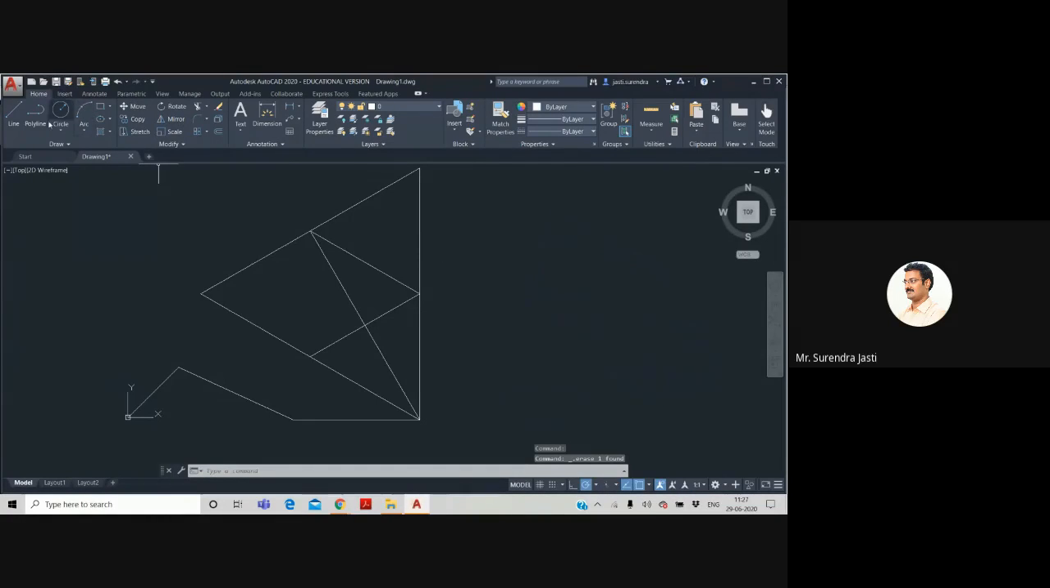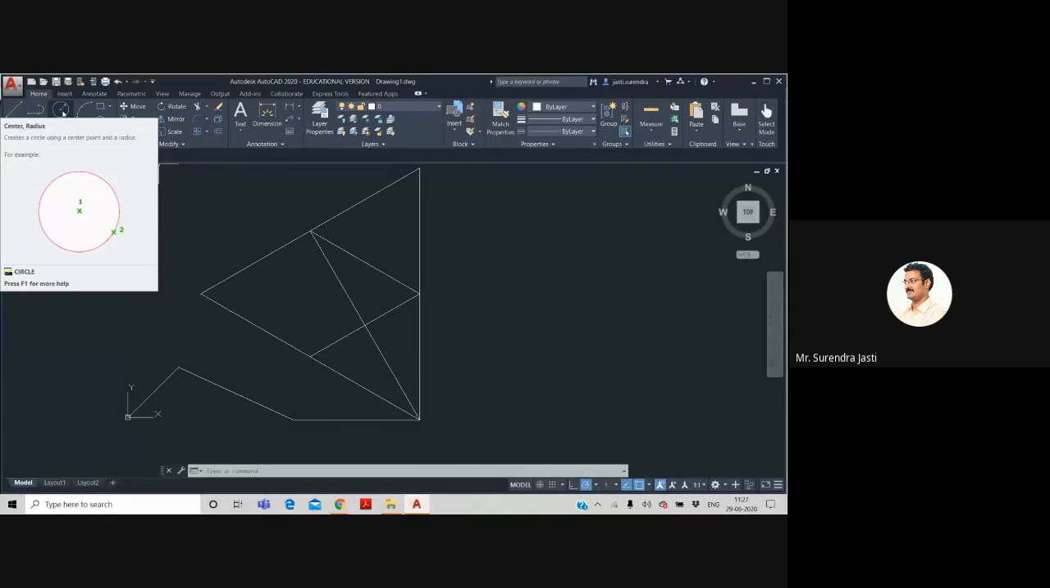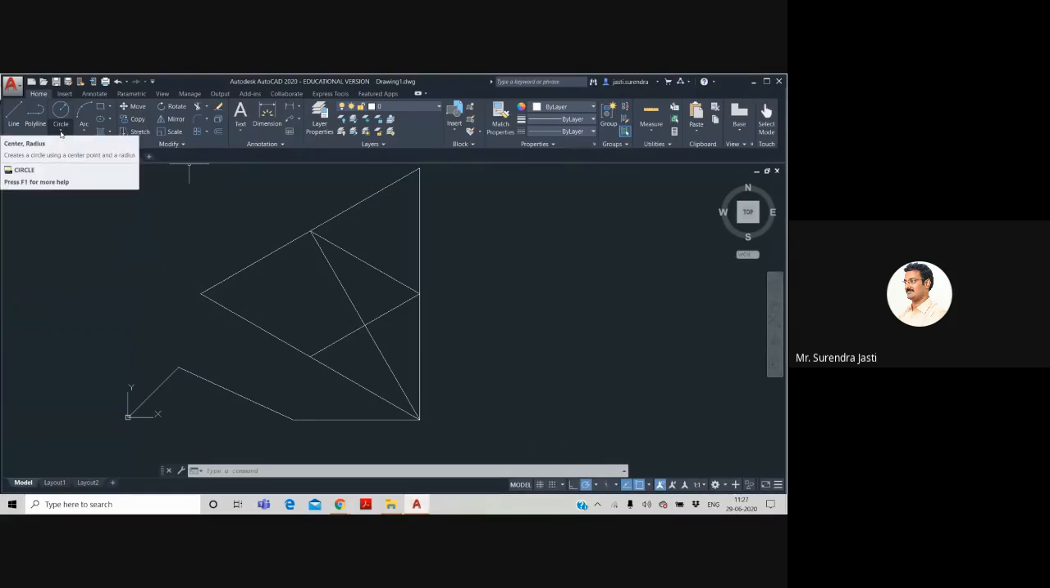I'm deleting that one. And next one is circle. And circle can be drawn in many ways. If you click on this button, if there are multiple options for any command, there exists a small triangle arrow. See here? This indicates that if you click on this, it shows the multiple options for drawing the